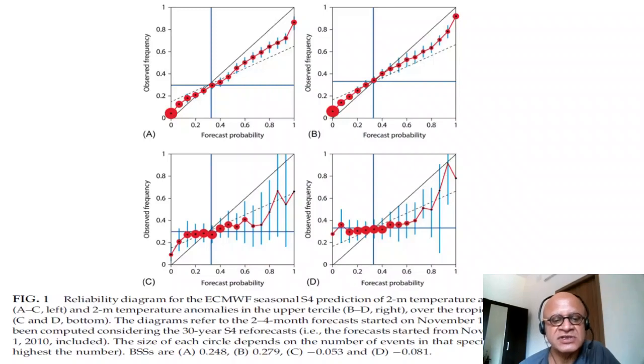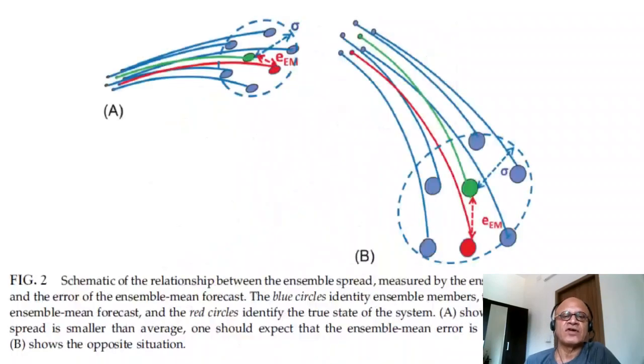Okay, that's for this system. We will come back to this later on. Okay, so the model is reliable. It's the same model, so the processes, the regions, the seasons, everything matters. So tropical skills here are higher. The model is more reliable for the tropics than for the European region.